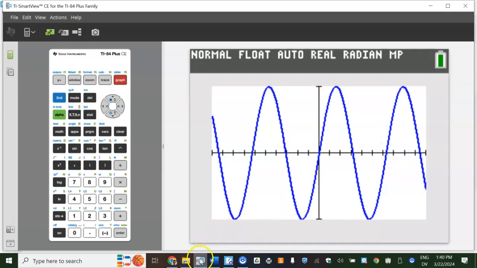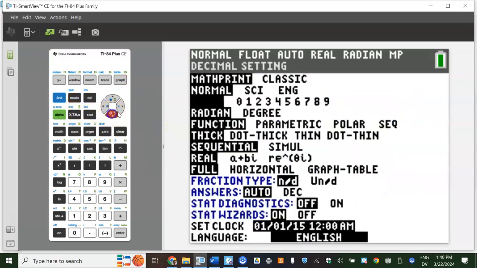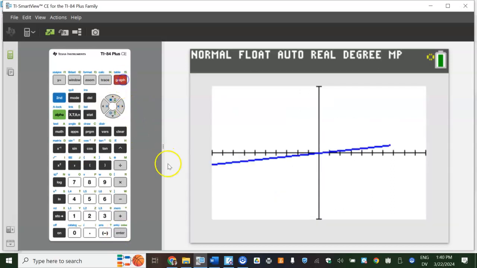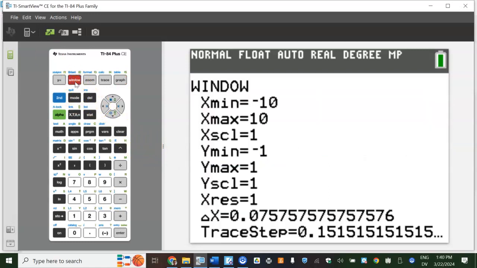So if we change the mode, it's going to look way different. If I change the mode here quick to degree, let's hit graph once. So the graph looks really weird, right? Where that comes from is if I check my window, the X min and X max is only 10 degrees and negative 10 degrees. So that's not very much, right? If you look at our picture,